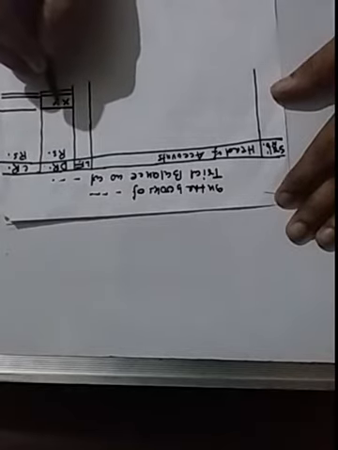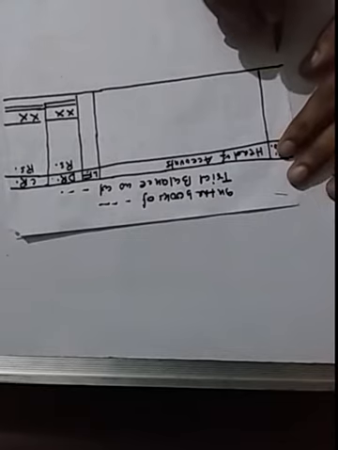This column is debit and this column is credit. Here you write rupees, here you write rupees. Then you put all the closing balances of the ledger according to the debit and credit norms, and close the trial balance. The trial balance will agree: the debit column total and the credit column total will be the same.